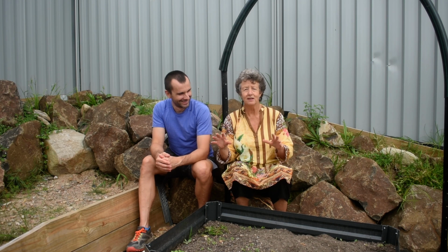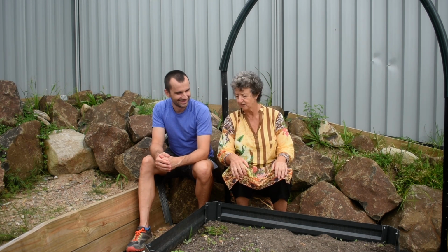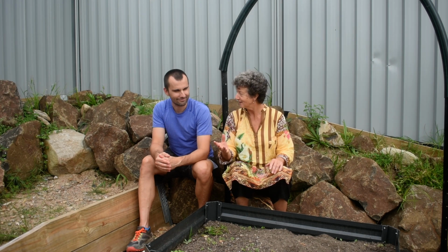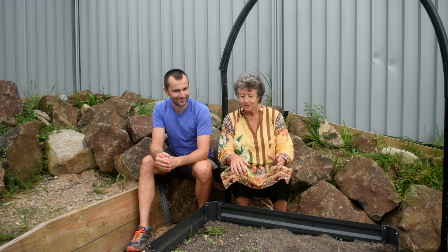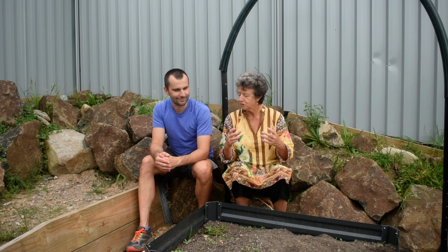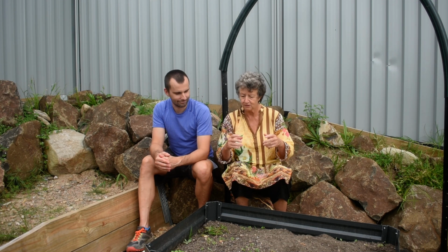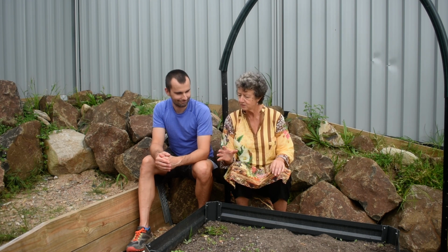So here on the far South Coast of New South Wales, near Moruya, it's a temperate climate. It's going to rain today, so that'll be handy. And we need to make sure we keep the nutrition up, especially at times when you've had a lot of rain, because it can leak through quite quickly. So what I would suggest is,